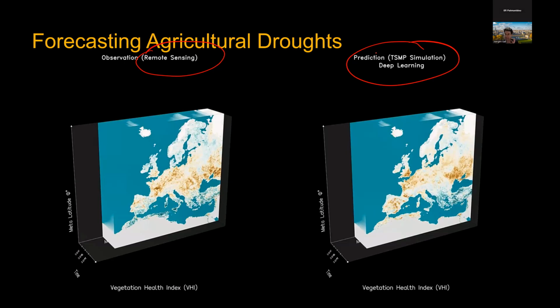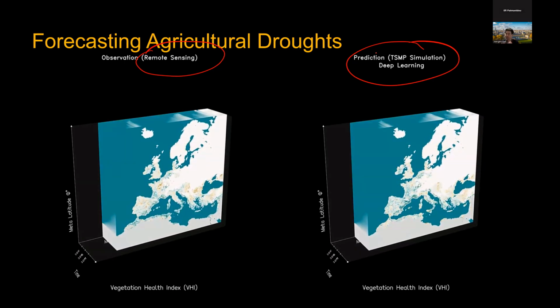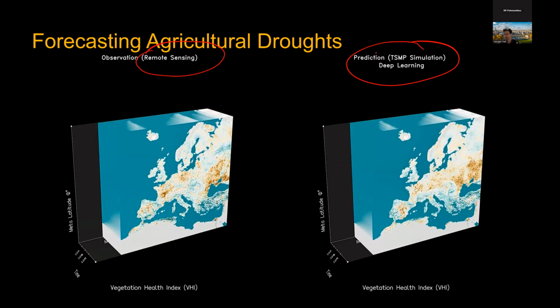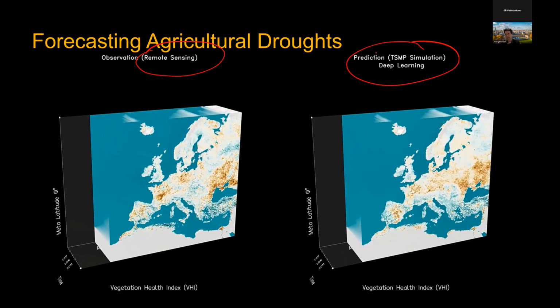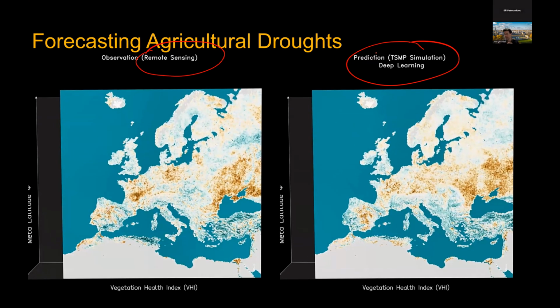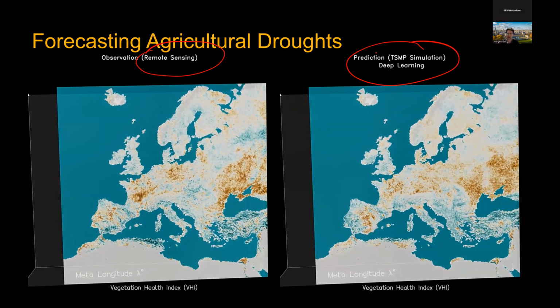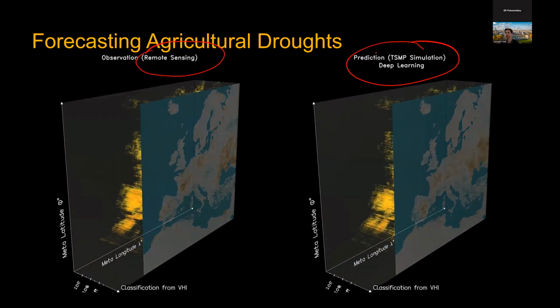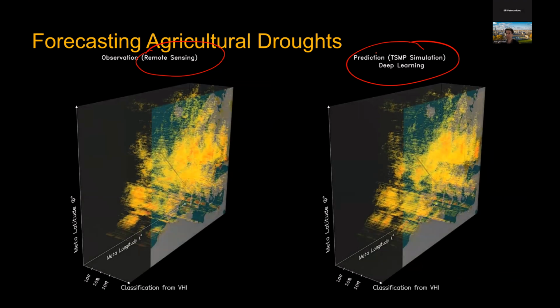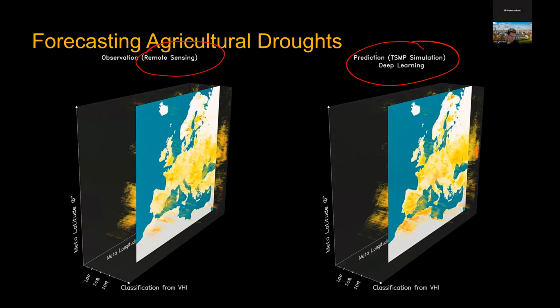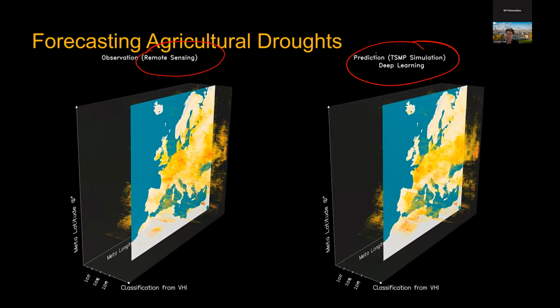You would not expect that exactly in this week at the same location you have a prediction of the drought, but if you compare the two results, we see that the patterns where we expect droughts are quite close or similar to what we actually observed in our remote sensing data. This is a very nice result because it shows that with the simulation and also predicting using machine learning, we can make a prediction of how droughts will change in the future, also taking into account how climate change will change the patterns that we already observe.